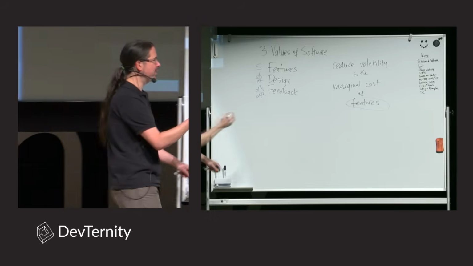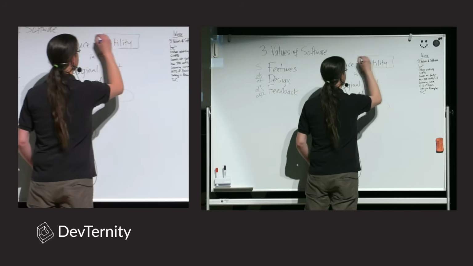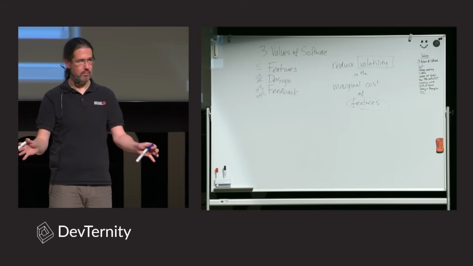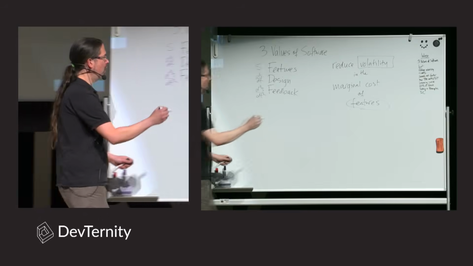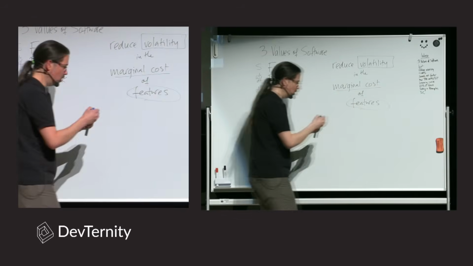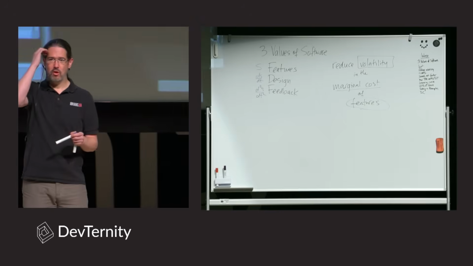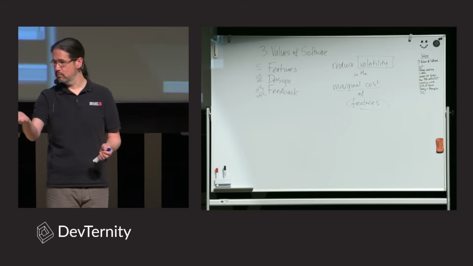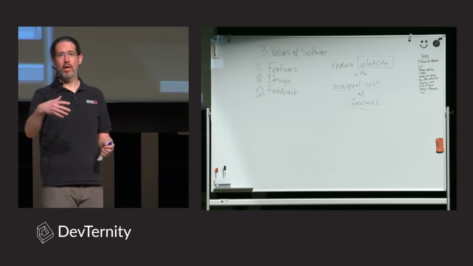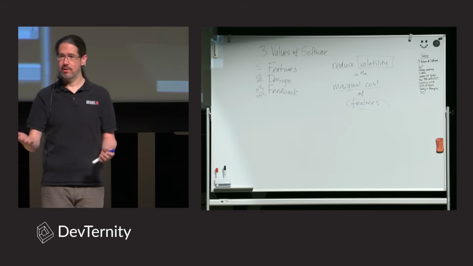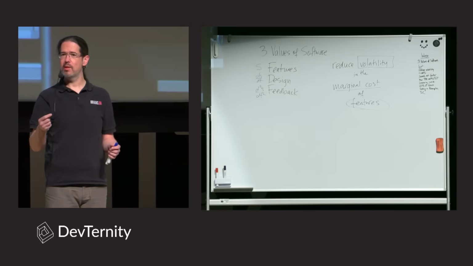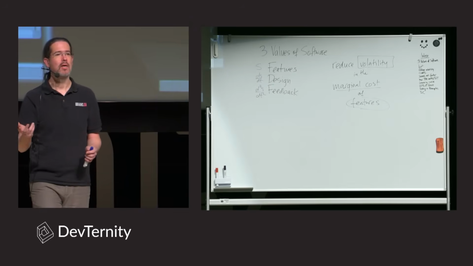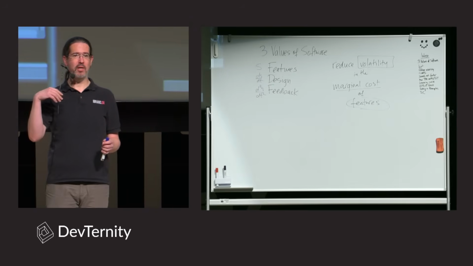So, volatility is just the word uncertainty with slightly more syllables. Not a big deal. Marginal cost, if you don't know about economics or finance, then you might not have heard this term before. Marginal cost just means the cost of the next one. So if you are interested in your taxes, which I'm guessing everyone in this room is, then you're probably interested in knowing your marginal tax rate, which really just means the tax that you have to pay on the next